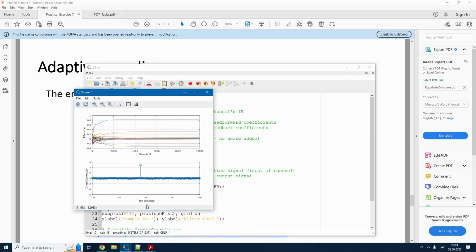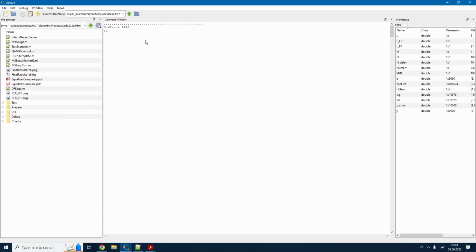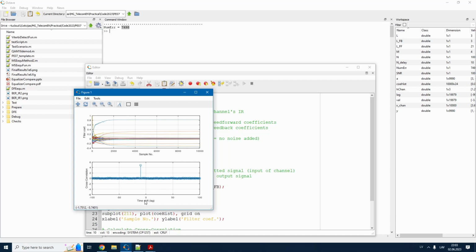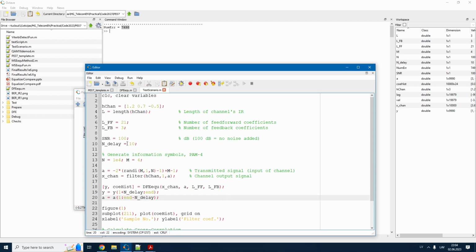Now you can see that the convergence actually happened a lot faster, and the number of errors is still quite high. However, this number of errors is now caused by the delay. You can see that time shift lag at maximum value is not at 0, but rather it's at -10. -10 means that I need to decrease my delay by 10 positions so that it should be 0. Yes. Now I'm not sure if I explained here we should start with 1 plus delay instead of ending here with